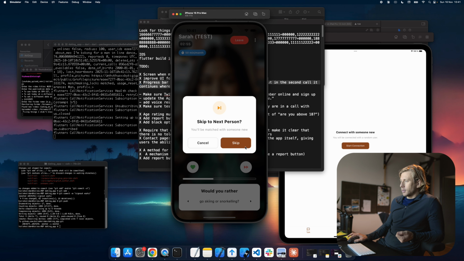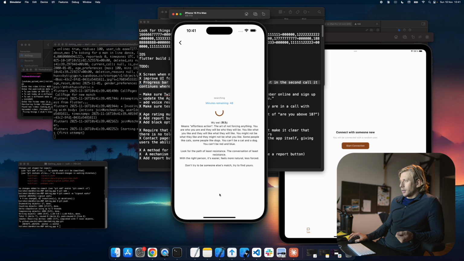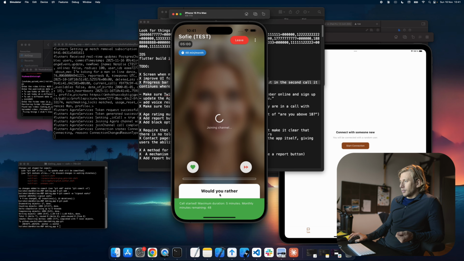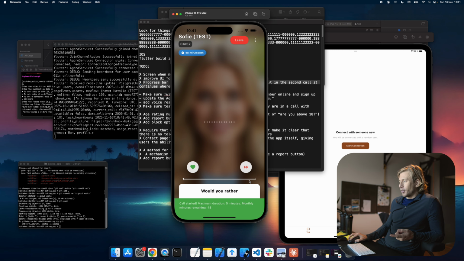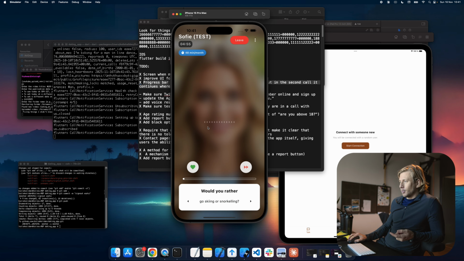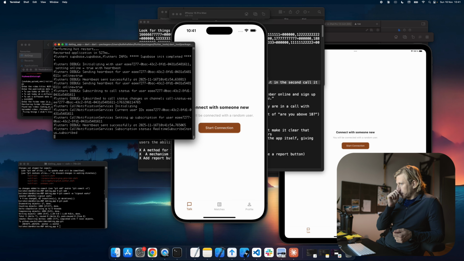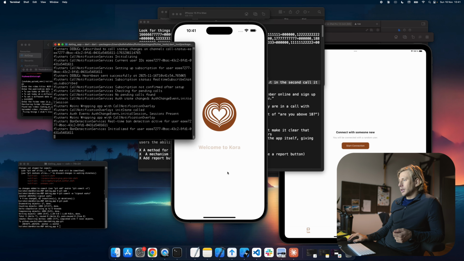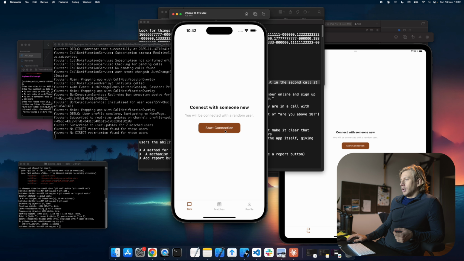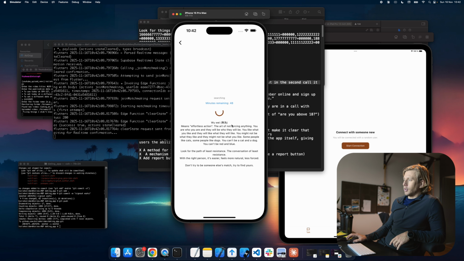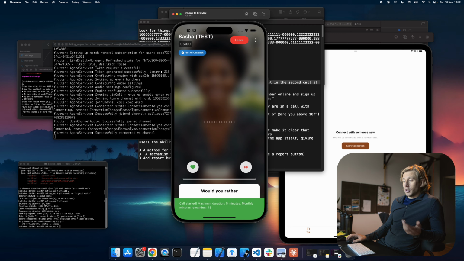So we're gonna skip to the next one. We do get connected in a new phone call. The progress bar is reset. The picture is still blurry. It seems like it works. We're gonna leave and then run the app from zero. Now, if the back-end stuff that we've been fixing has worked, then we should be able to connect again in a phone call with a new user, which we are. That's really good.